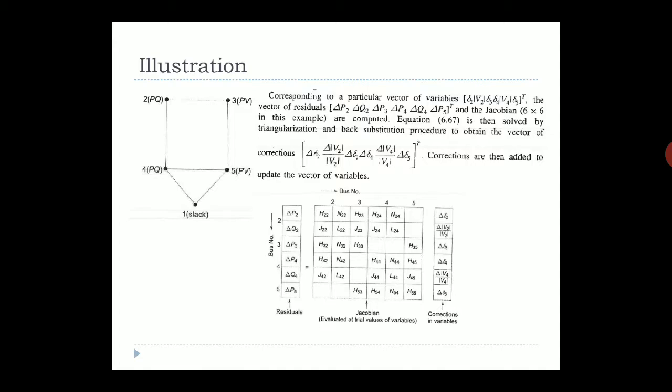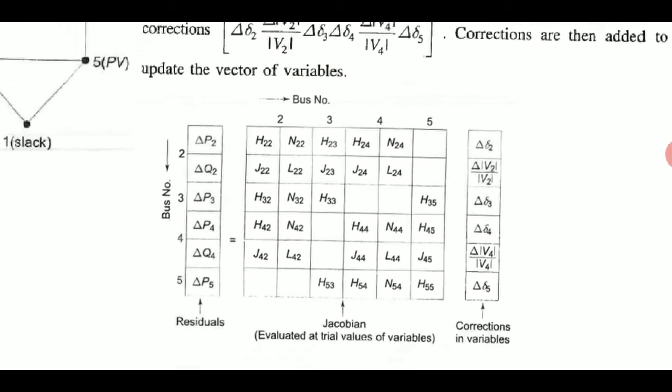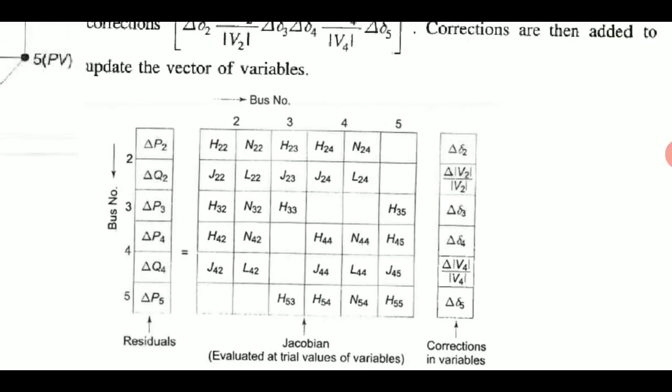Okay, so how many pairs of delta and V do we have? We should have 4. But remember, here we have 2 PV buses, so that means we have 4 delta, but only 2 V's. Okay, because for a PV bus, as we have discussed, the V is already predefined. So here we can see this is the